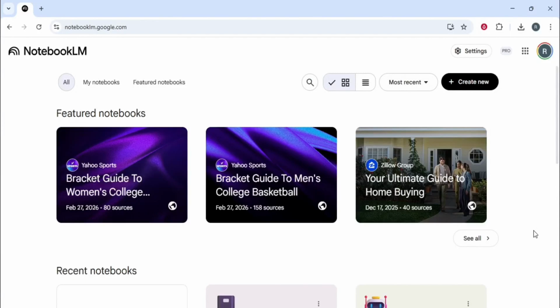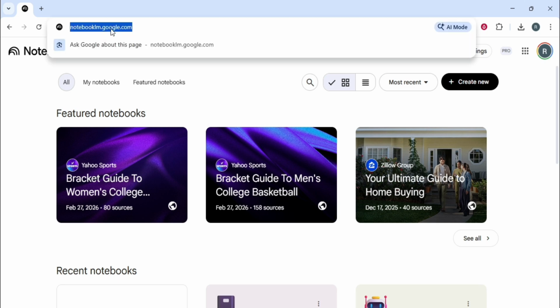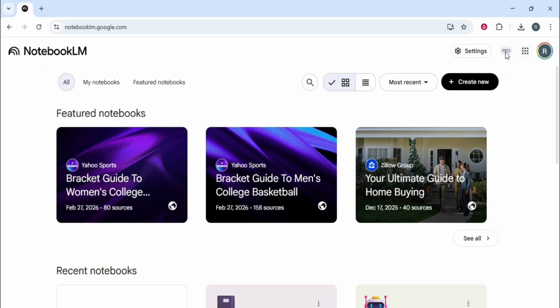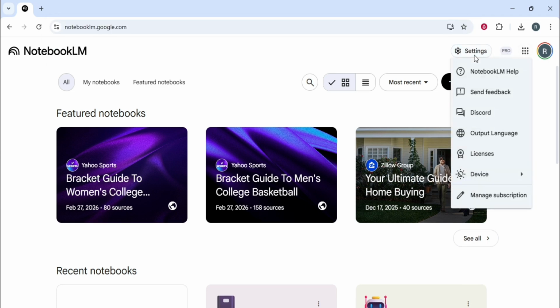In this video, I will show you how to check if you have a NotebookLM Plus subscription by navigating through your account settings. I start here on the main NotebookLM dashboard where I can see my featured notebooks and recent projects. To check my subscription status, I move my cursor to the top right and click on the settings gear